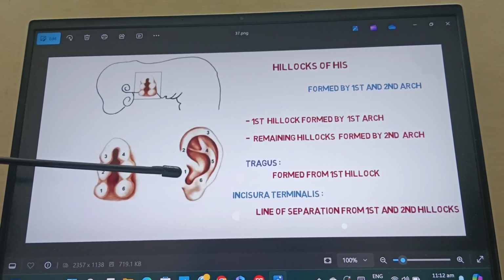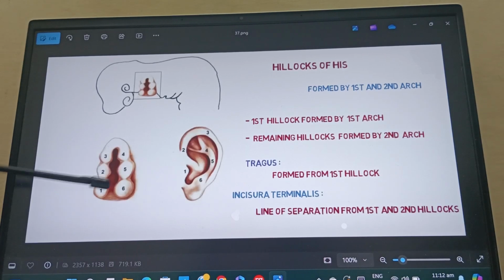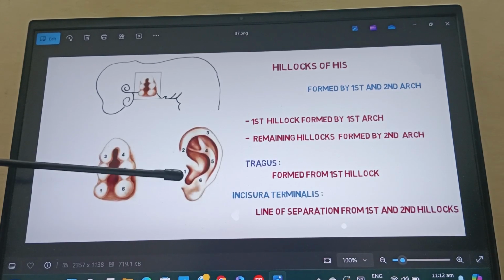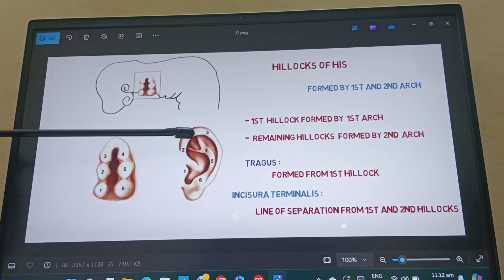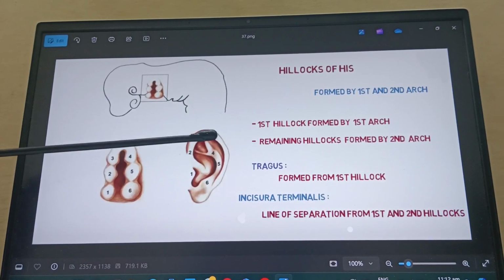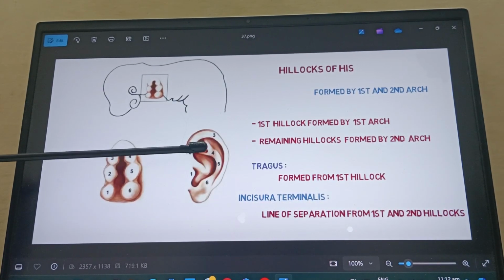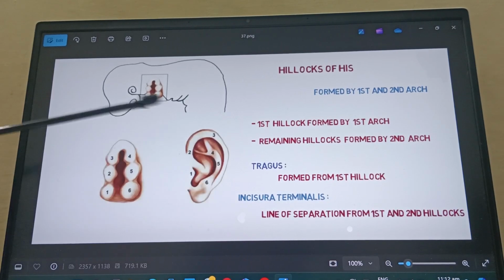They will be transformed in a very complicated manner: auricular hillock number 1 will develop into the tragus, and the rest of them, developed from the second pharyngeal arch, will produce the helix, the antihelix, the concha, and all the structures, the antitragus. So keep in mind how the external